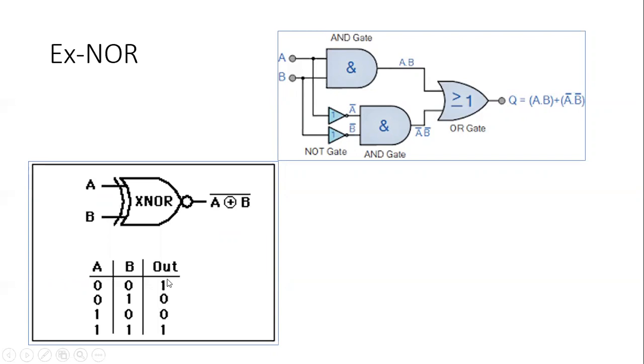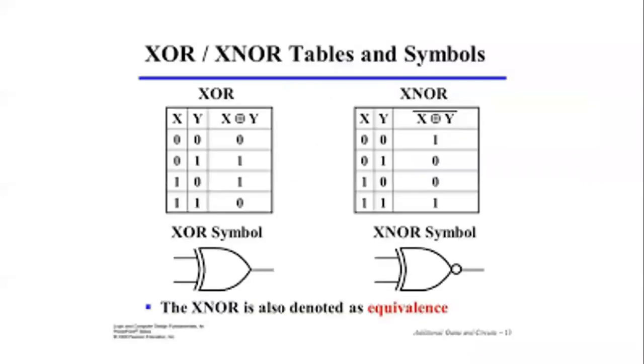And what will happen to the truth table? Just the reverse of what was there in XOR. That means when both inputs are the same, you will get the output. So when you give 0, 0 as input, you will get an output. When 1, 1 is given, you will get the output. But when it's 0, 1 or 1, 0, you will not get the output, which is just the reverse of XOR. Okay, these are combinational gates.